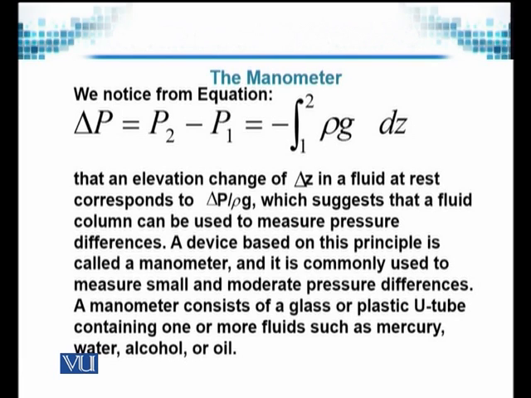So we notice from this equation that an elevation change of delta Z in a fluid at rest corresponds to delta P over rho g, which suggests that a fluid column can be used to measure pressure differences. A device based on this principle is called a manometer, and it is commonly used to measure small and moderate pressure differences. A manometer consists of a glass or a plastic U-tube containing one or more fluids such as mercury,